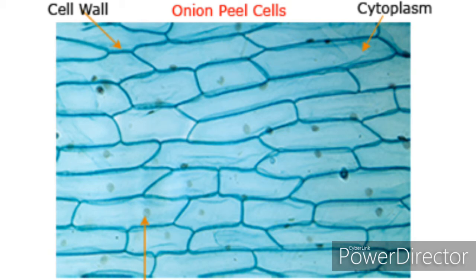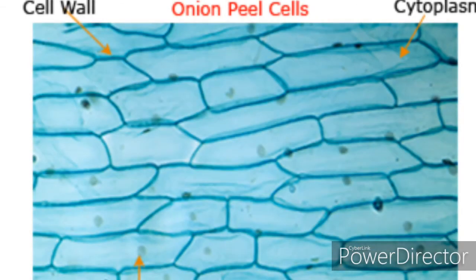And by using mirror and lenses, you have to see the cells present in that onion peel. The mirror focuses light onto the specimen, and lenses will magnify those cells so that you will be able to see rectangular type of cells with nuclei. In all the cells, in the central region, a spherical body will be seen. It is called nucleus. So this microscope is a very interesting instrument. With the help of microscope, we can see extremely small things.